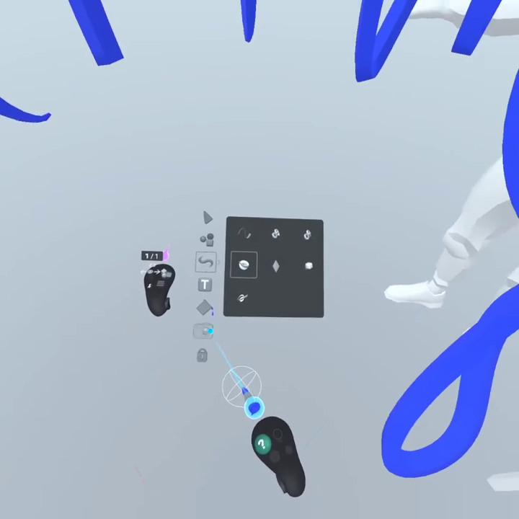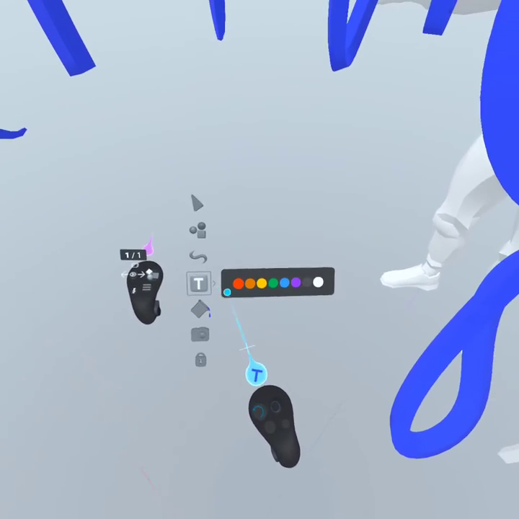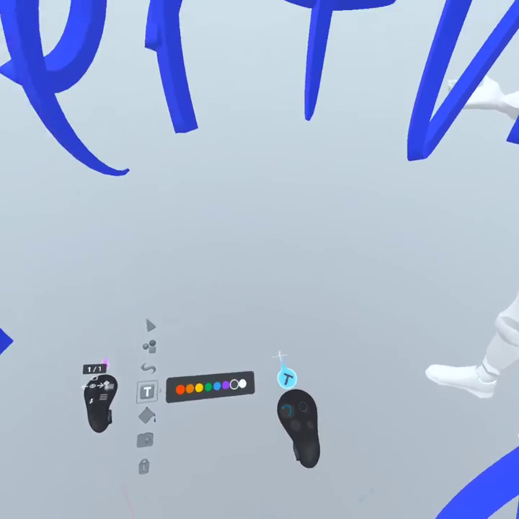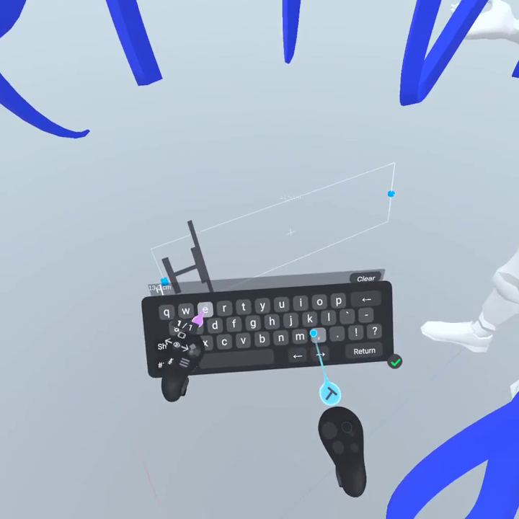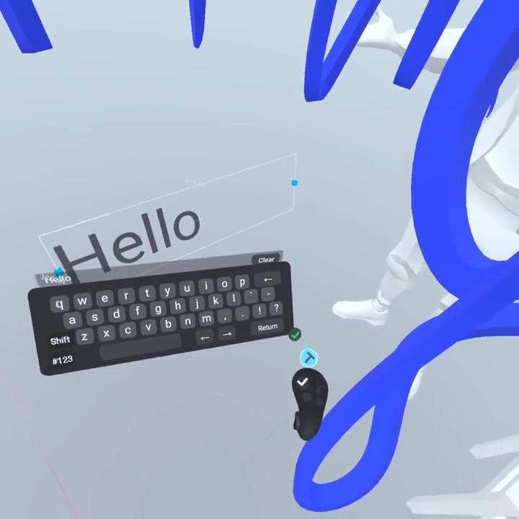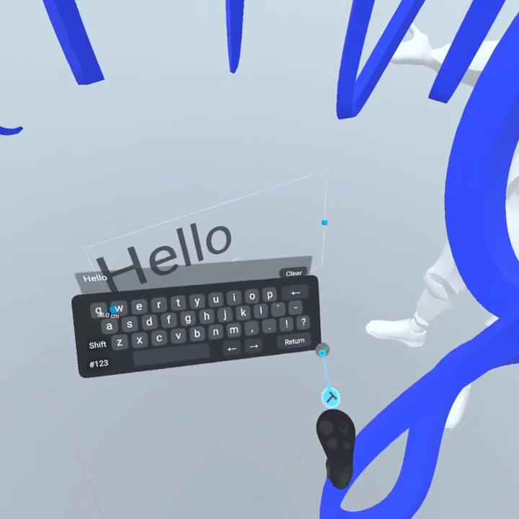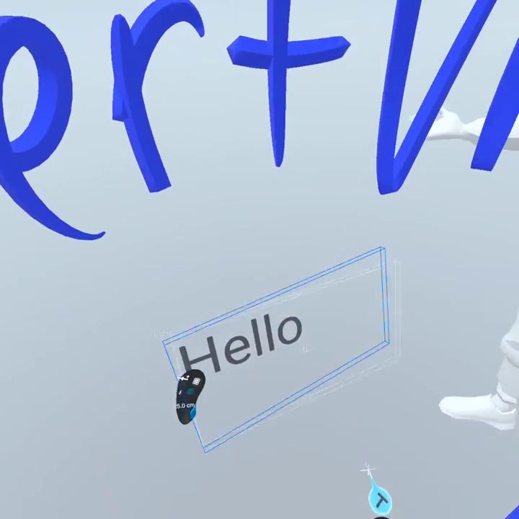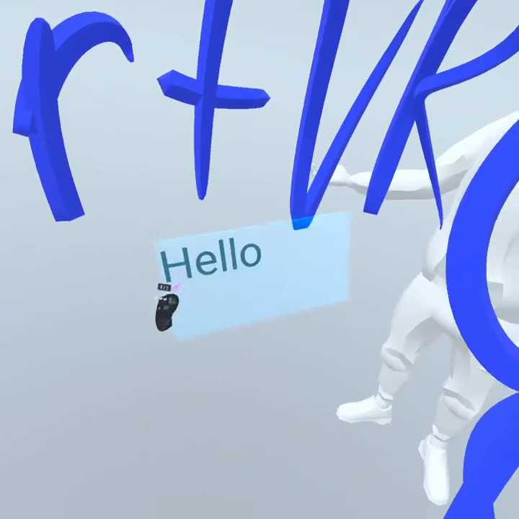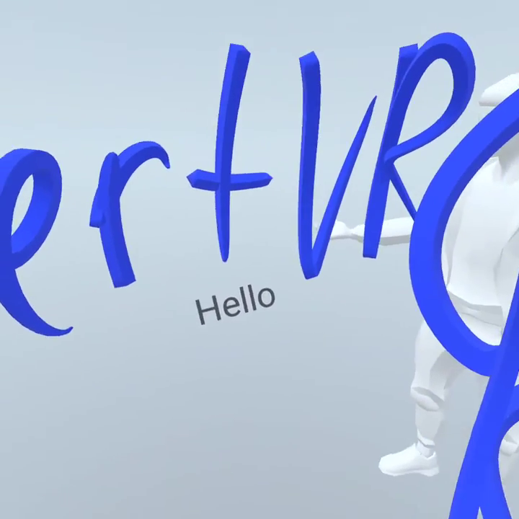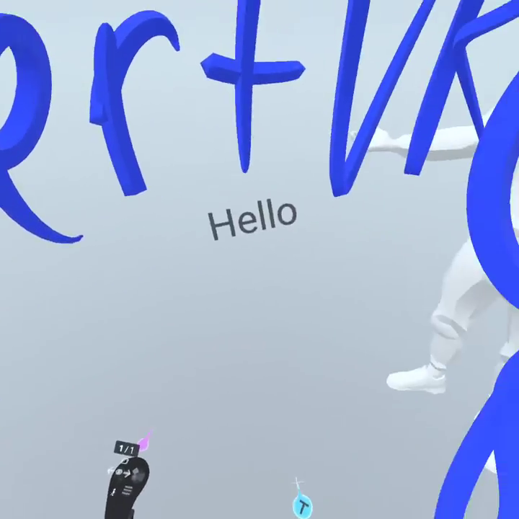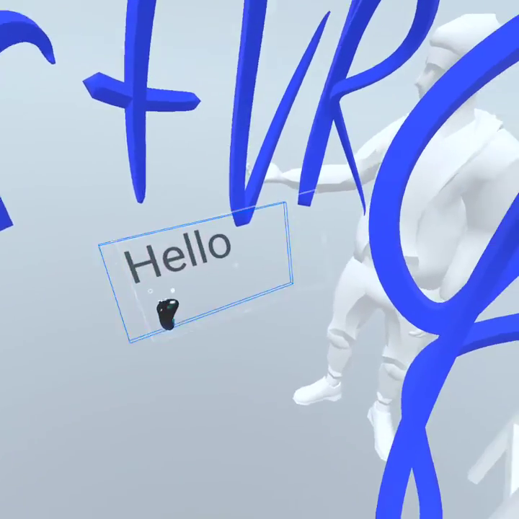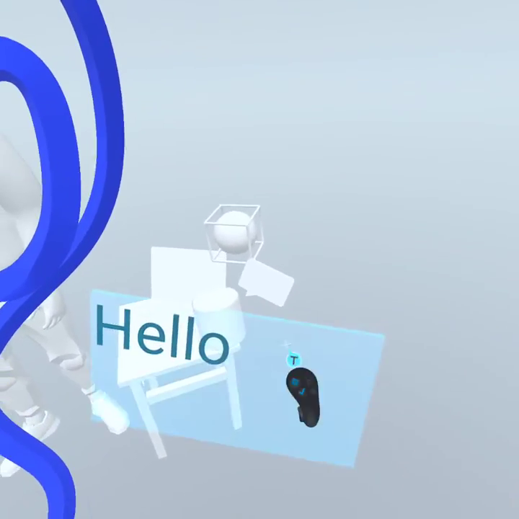XpertVR, very cool. Still, to be honest, getting the hang of everything, but let's see here. You can just add in text. Nice. It doesn't have the voice functionality, which I like with Spatial, which we showed last week. In there, you can just talk and you don't have to type everything out. Keyboards aren't the best in a virtual reality space, but still pretty good to be able to bring in these kind of boards with text in them,